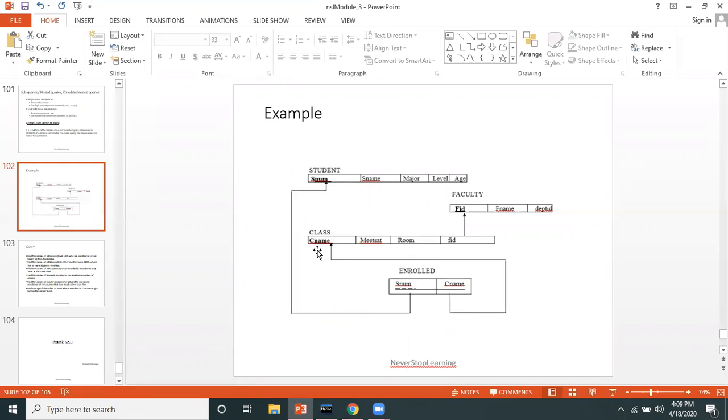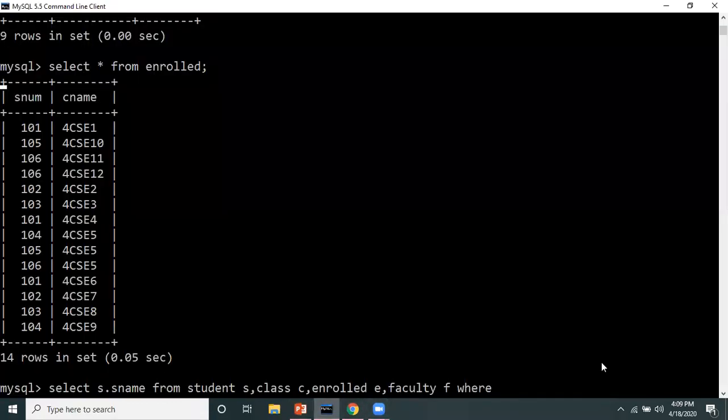After that this cfid should be equal to ffid. Then we will remove the duplicate or redundant rows which are created because of all this join. So let's put the conditions one by one.